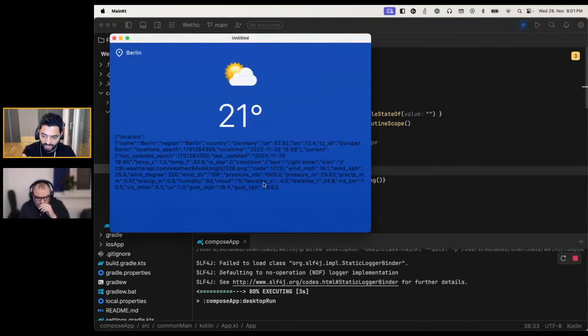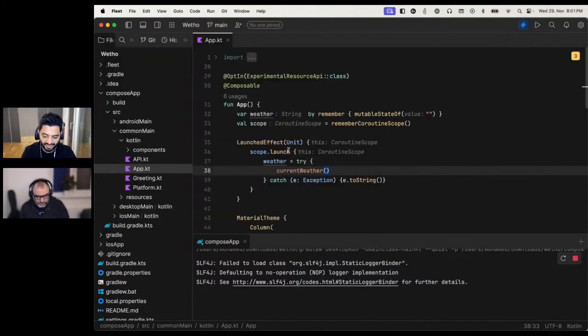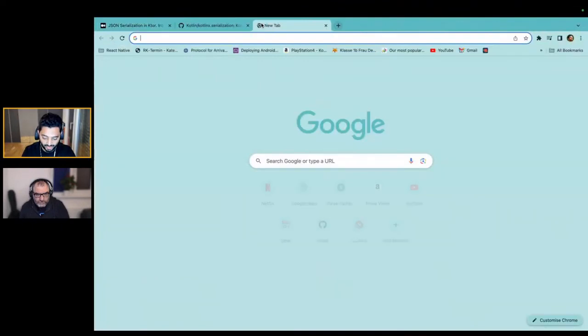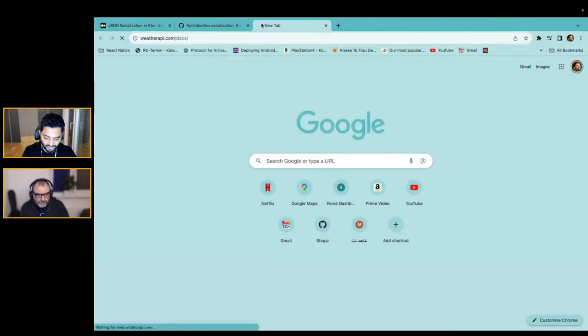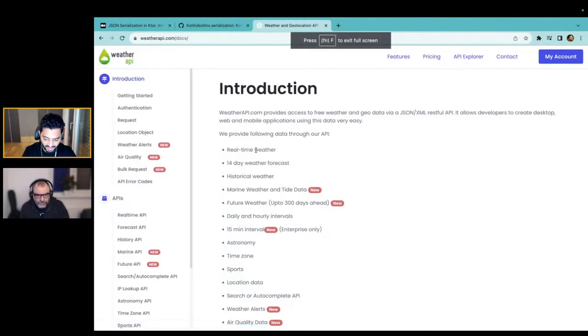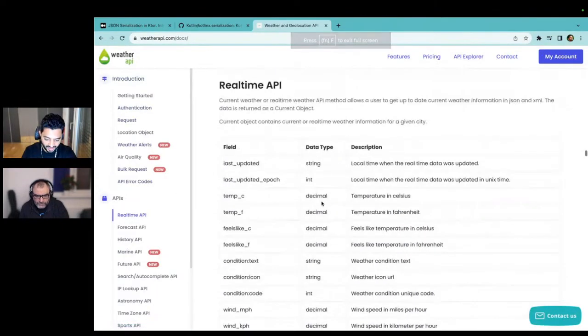Maybe this is the easier one. So we want this JSON to be parsed into a data class, and then see what we can do. And I know that we will use this weather API, right? So if we went to the real-time weather API,